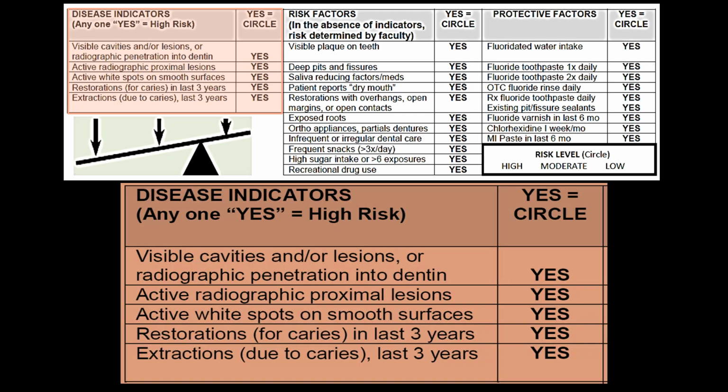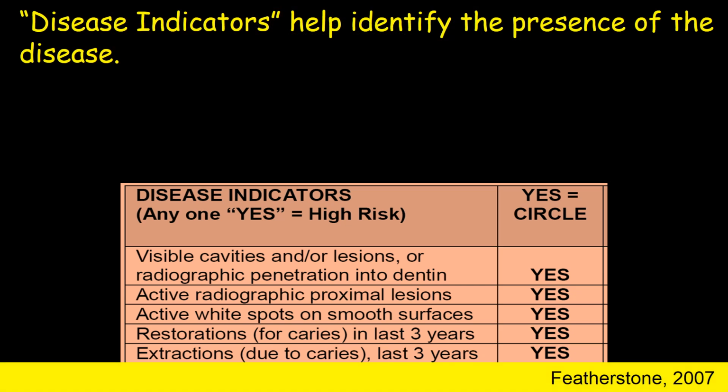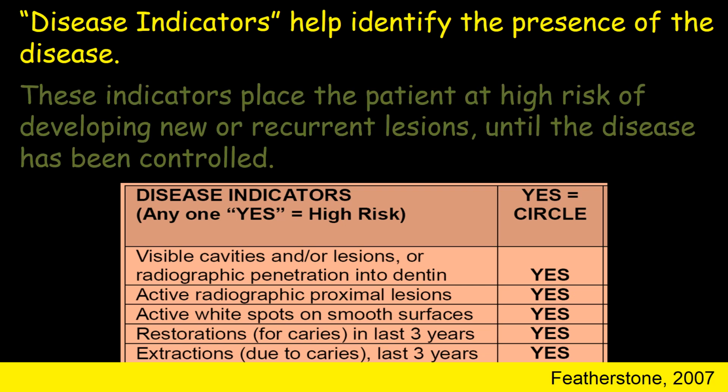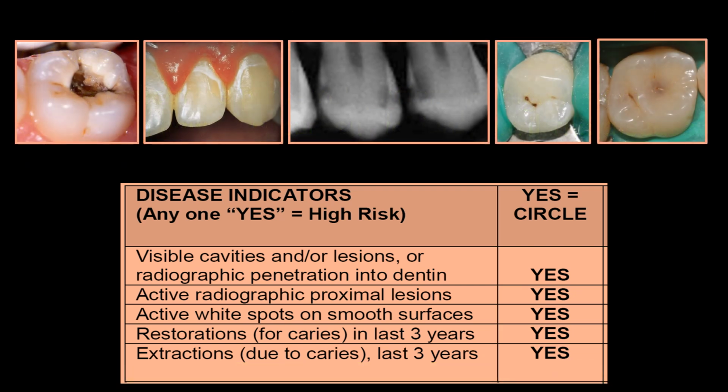These are disease indicators, which, well, indicate that the patient has the disease. Disease indicators help identify the presence of the disease. These indicators place the patient at high risk of developing new or recurrent lesions until the disease has been controlled. All of these disease indicators are lesions. Unfortunately, the best predictor that a patient will get lesions in the near future is the presence of lesions in